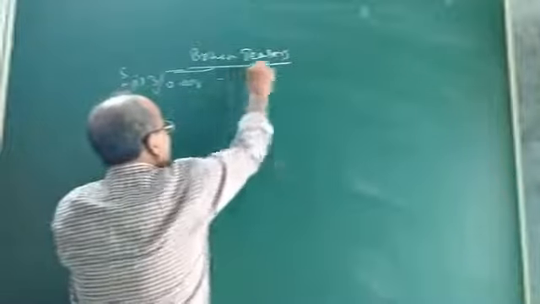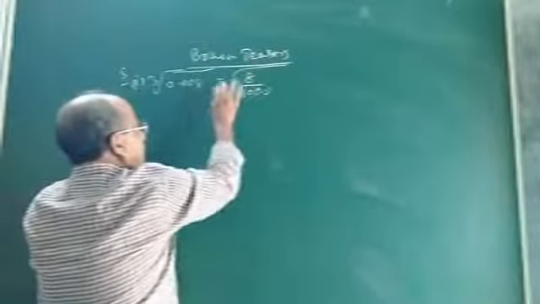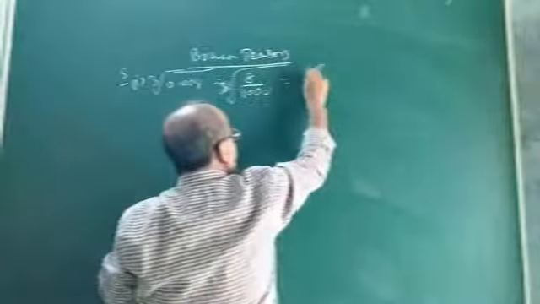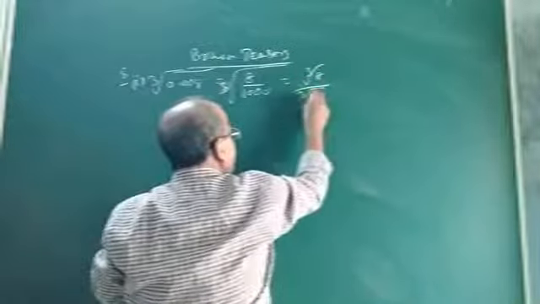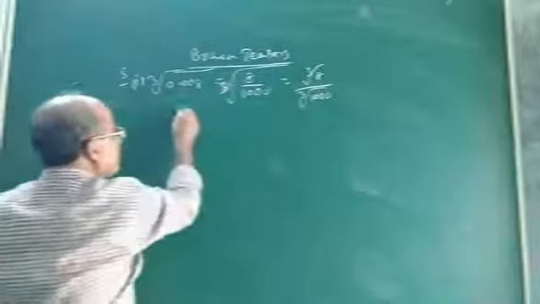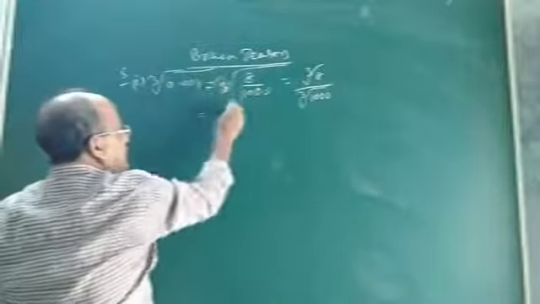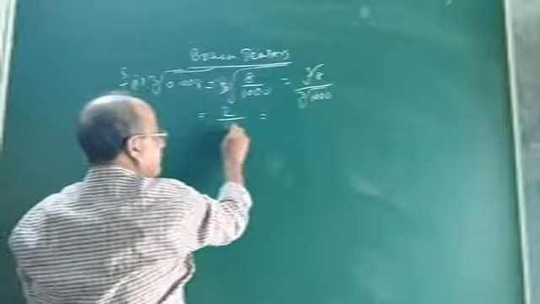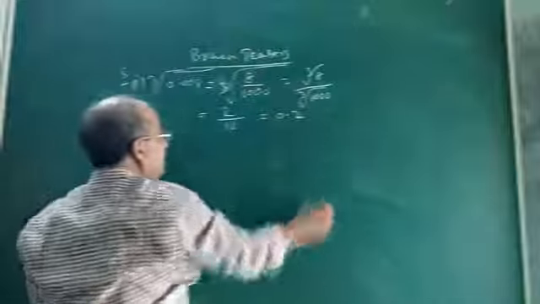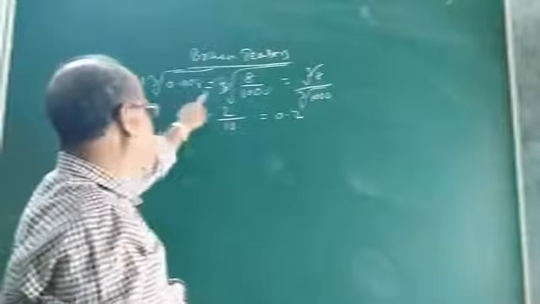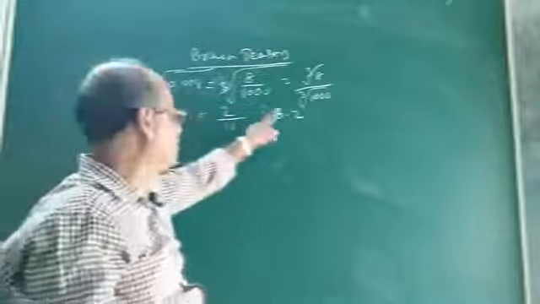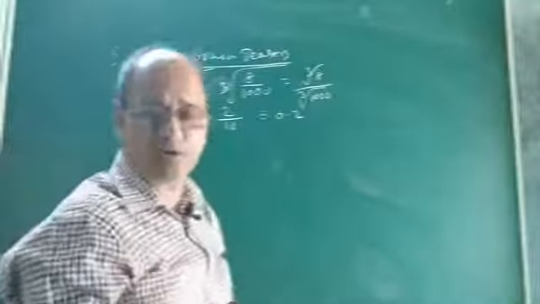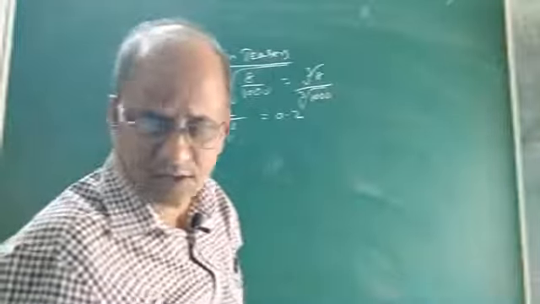It will be equal to the cube root of 8 by 1000. Now this is the cube root of a by b, that is, cube root of a divided by cube root of b. That means cube root of 8 divided by cube root of 1000. Cube root of 8 is 2. Cube root of 1000 is 10. So 2 by 10. So it is a fraction. Now you change it into decimal. It will be 0.2. Why? Because the question was given in decimal, so the answer will also be in decimal. So the cube root of 0.008 will be 0.2.